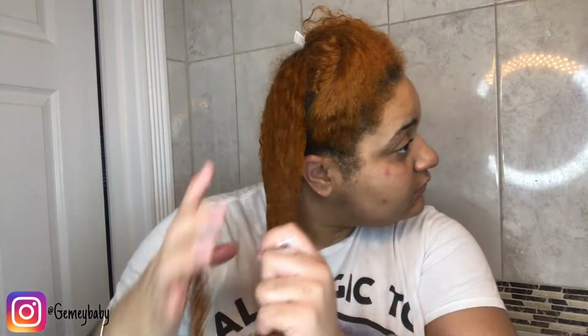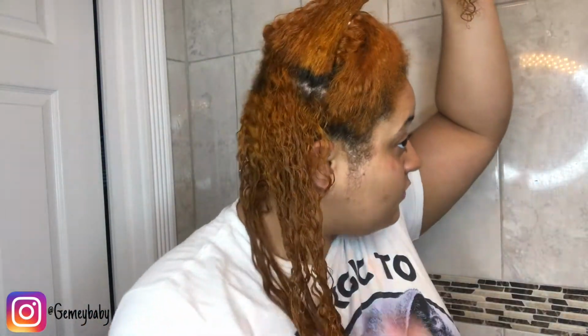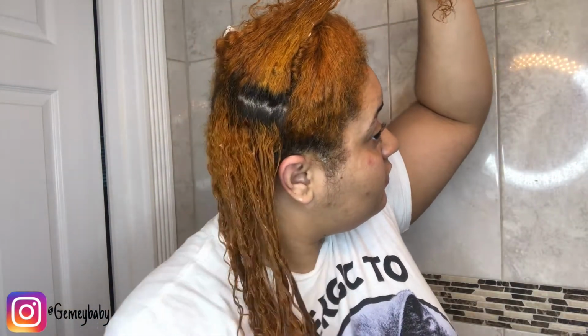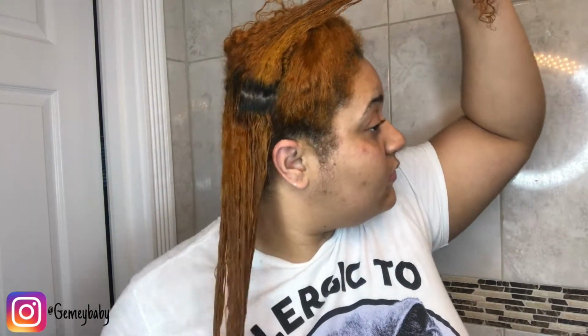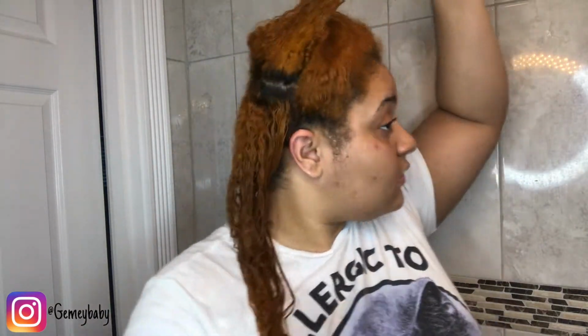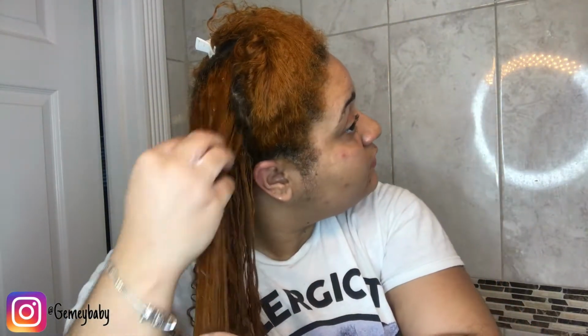And I'm going to put it all in my roots. I get a lot of volume in my roots, a lot of puffiness. I don't like that. So I'm going to put a good amount of this to my roots, and I'm going to drag it to the ends. This is what defines my wash and go for me. This gel